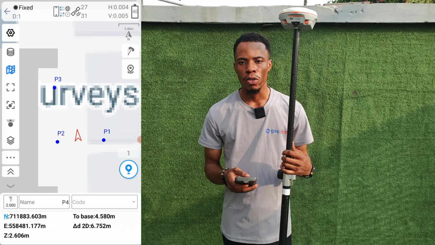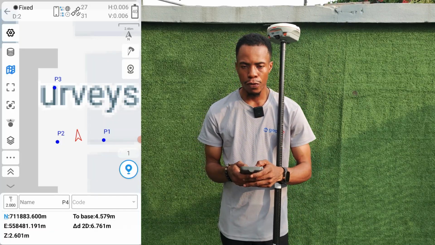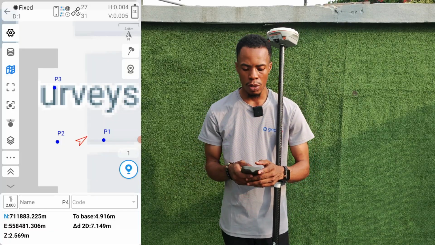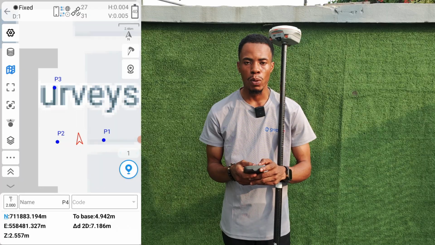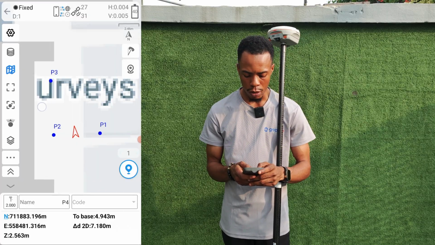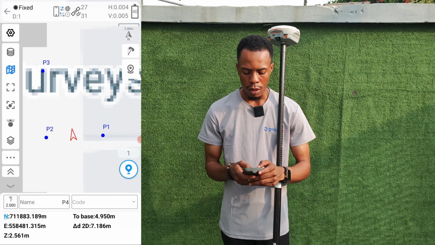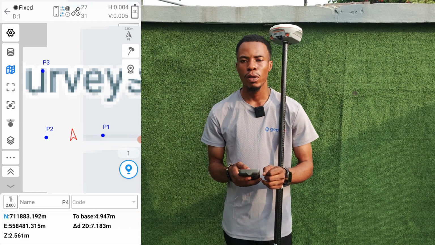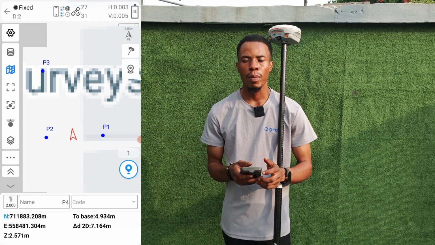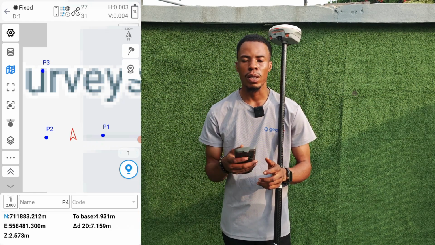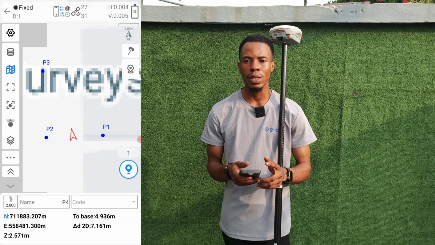If you check on our Survey Master screen, we've surveyed 3 points already on site, and as you can see, we have P1, P2, and P3 here on our screen already. So now the feature we want to talk about is a feature that allows us to establish a point indirectly using distances